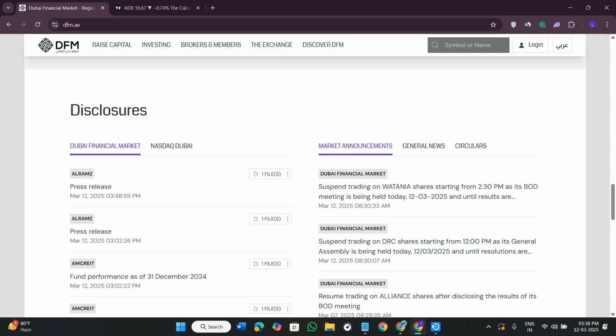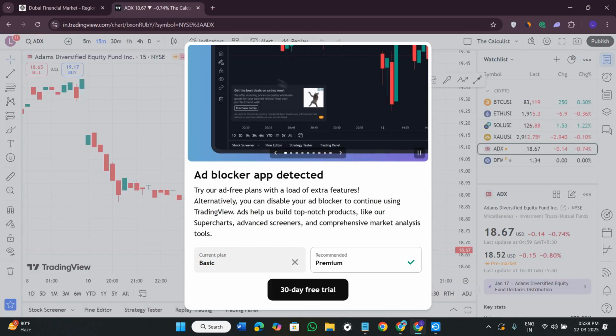Now that you understand how stocks generate income, in the next step we are going to learn how you can actually choose the right stock to invest in. So I'm going to give you a strategy, a 4-step strategy, which you can use to find the best and the right stock for you.